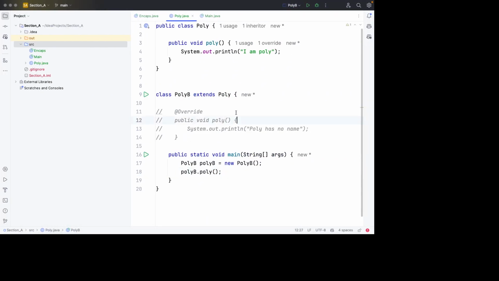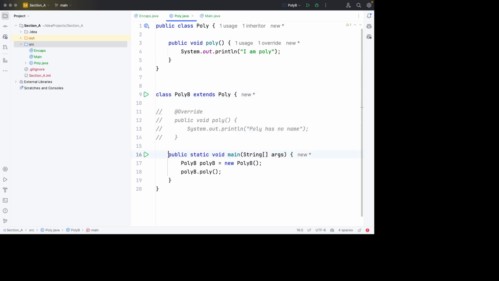So here we've seen this class here, and we have used inheritance here to extend the poly class. So by doing this, we are inheriting the behaviors within the poly class, and behaviors are what? Methods. So this method here, or this behavior here, is being inherited by this class here,